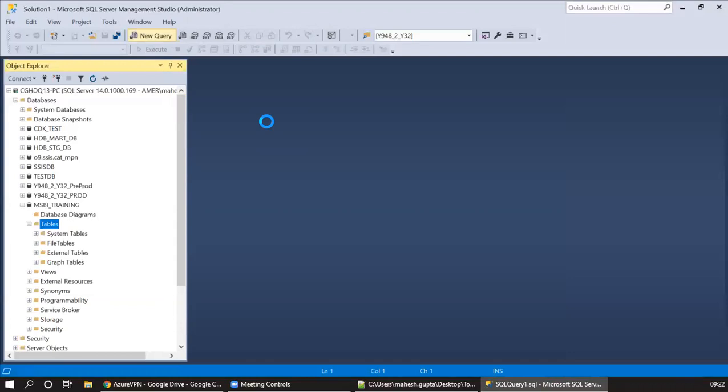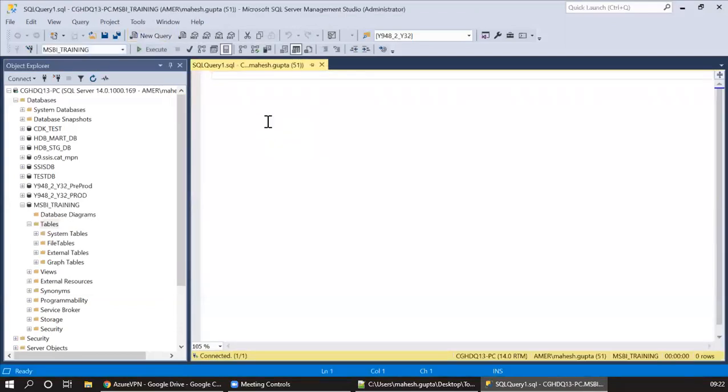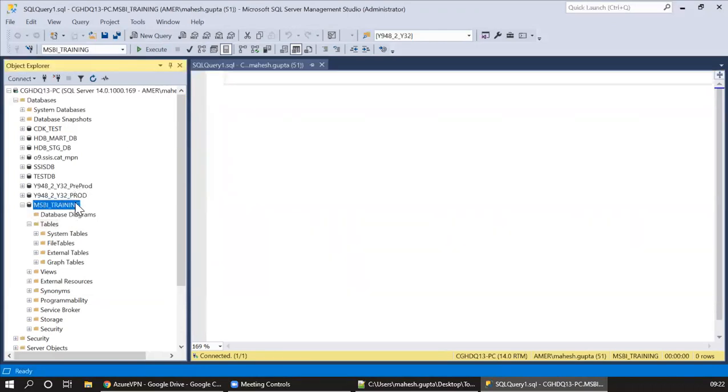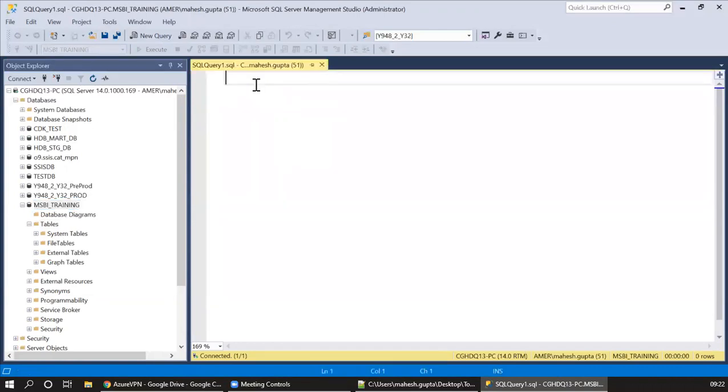For creating anything in SQL Server, what is the syntax of creating a database? This is one of the ways that I have shown you, where you use the graphical user interface. Another way to create any object in SQL Server is this command: CREATE. And then for a database, you write DATABASE. It is simple. And then you can give the database name. So let's say I am giving MSBI 2.